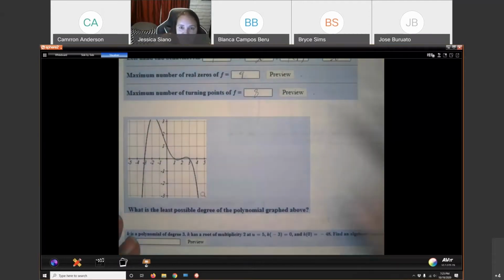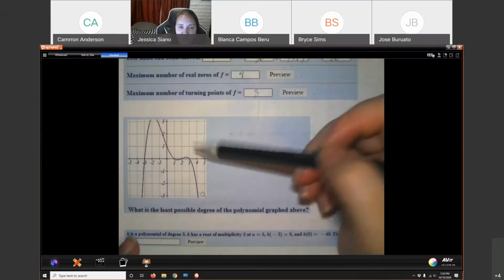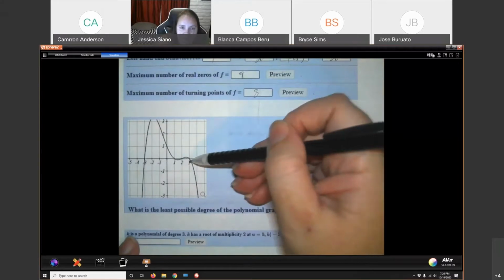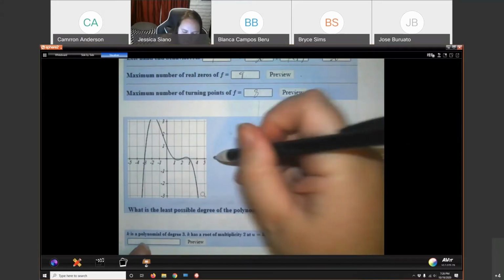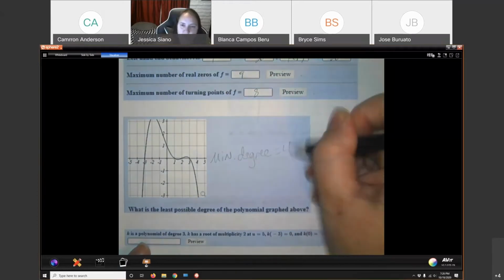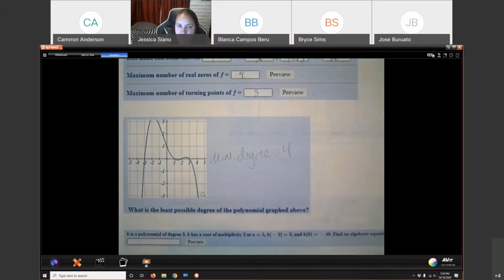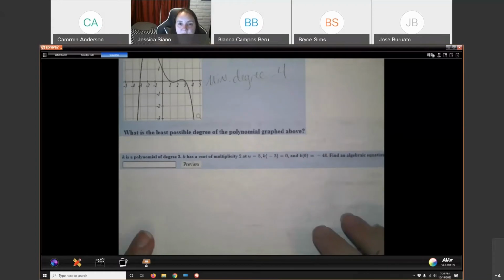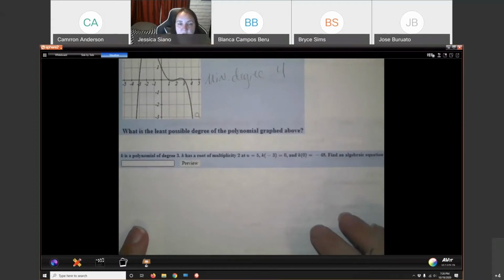So, having said those 2 things, if we look at this polynomial, we see that it has 1, 2, 3, 4 zeros, which means that its minimum degree is going to be 4. Okay? All right, so